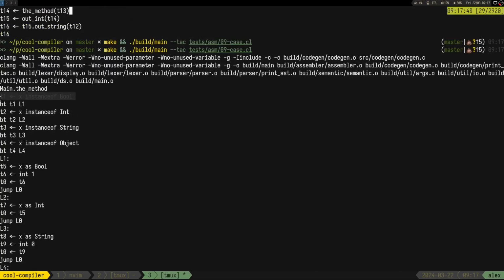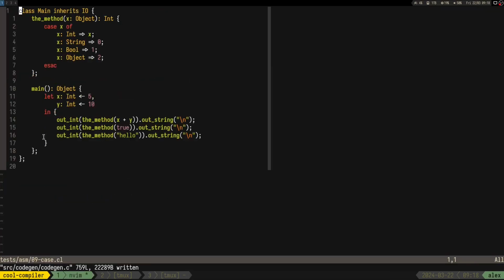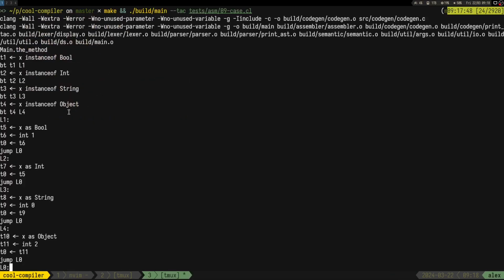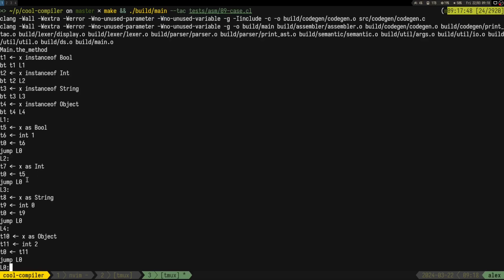So if it's boolean, it's gonna jump to L1, and L1 means that it's gonna print a 1. Is that what we want? Yeah. If it's int, it's gonna jump to L2. So where is L2? Here. So it's gonna take the X. So that's good. If it's string, it's gonna jump to L3. So it's gonna take, here I said it's gonna take T5,